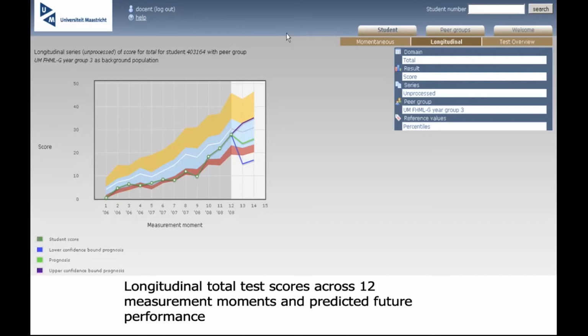This is for their total scores, but you can, for example, show your growth in anatomy over time, or in all your basic sciences, or in any other clinical discipline. So basically, this is an X-ray of someone's knowledge base. It provides a lot of feedback to the students. The electronic portfolio